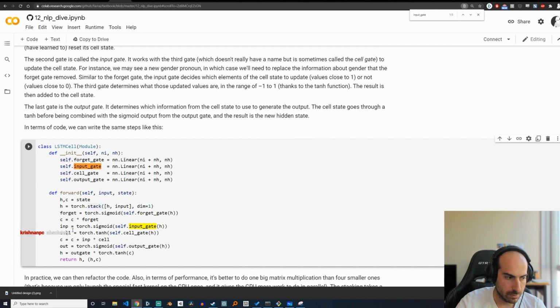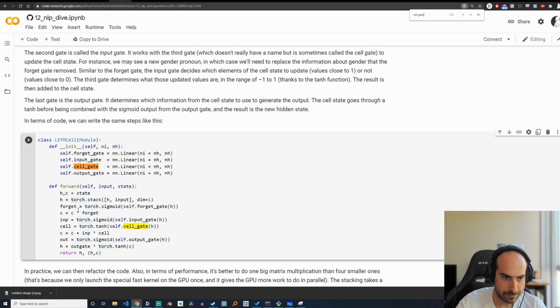Torch sigmoid of self input gate, and the input gate is taking the H, so that's our input. This is the remembered state. And then where's the cell gate? Right, so you run some sort of tanh on the cell gate,